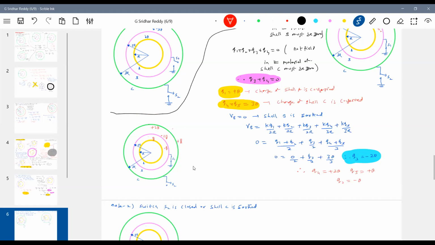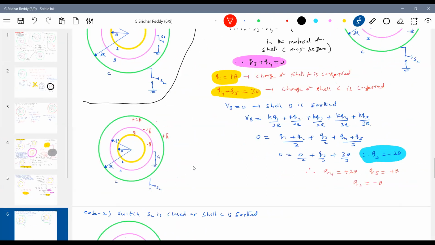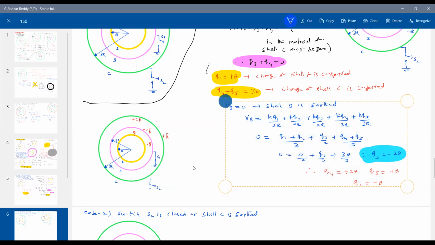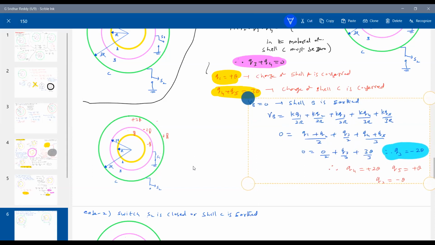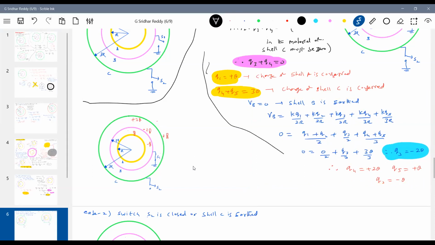Can we find out potentials after getting these charges? Potential of shell A. How to calculate potential of shell A? I'll go for the next calculation. So potential of shell A, what all should I do? KQ by 2R, K minus Q by 2R,